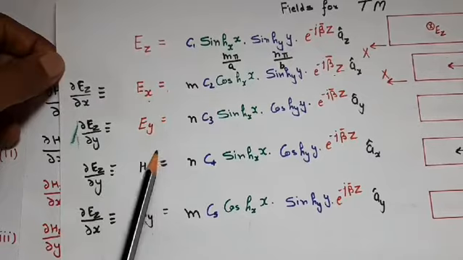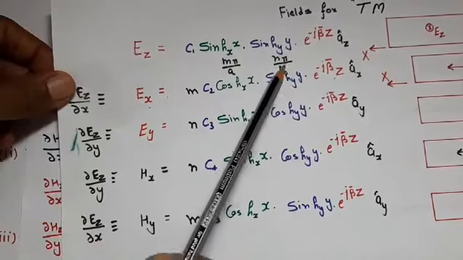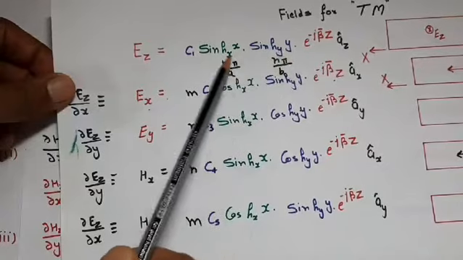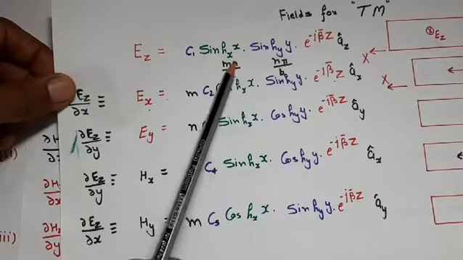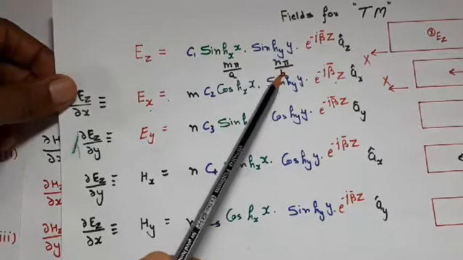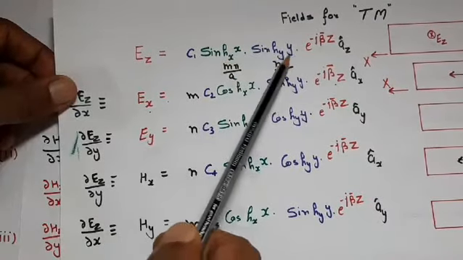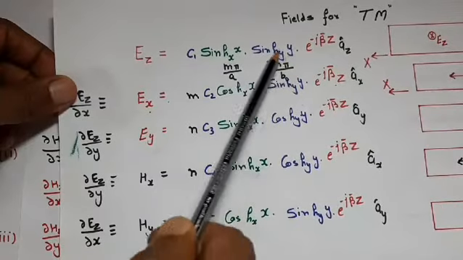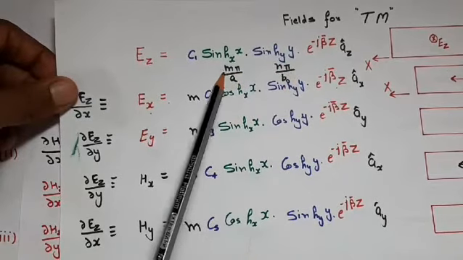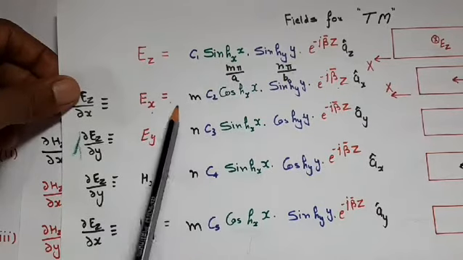As we know, Hx is equal to m pi upon a and Hy is equal to n pi upon b. When we take the derivative of this function with respect to either x or y, this constant part will come in multiplication with C1. That constant part is either m pi upon a or n pi upon b. If we are differentiating with respect to x, then it is m pi upon a, and if with respect to y, then it is n pi upon b. In this multiplication, pi upon a or pi upon b is constant, but m and n can have any value, so their multiplication with C1 plays an important role.